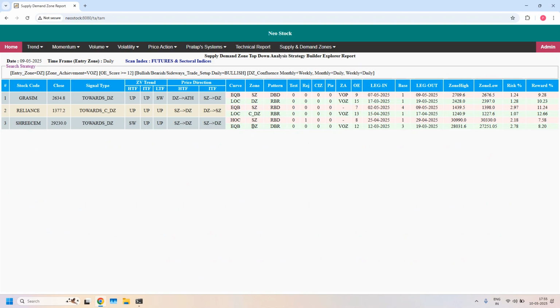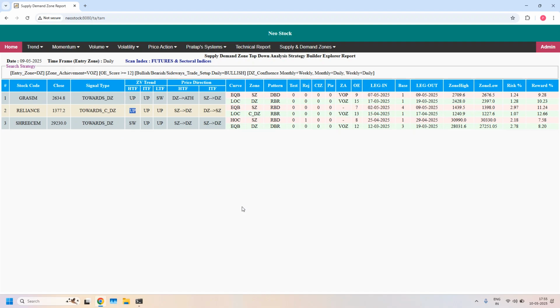In these 3 stocks, these daily demand zones are overlapped with weekly demand zones, both together again overlapped with monthly demand zone. And monthly trend is up in 2 stocks. So let's verify if any of these 2 stocks